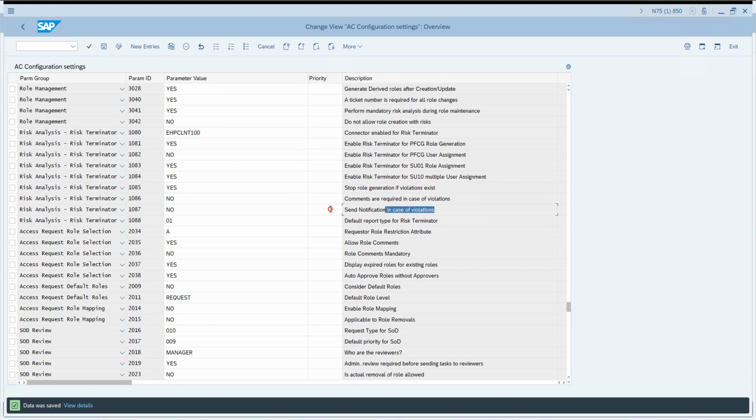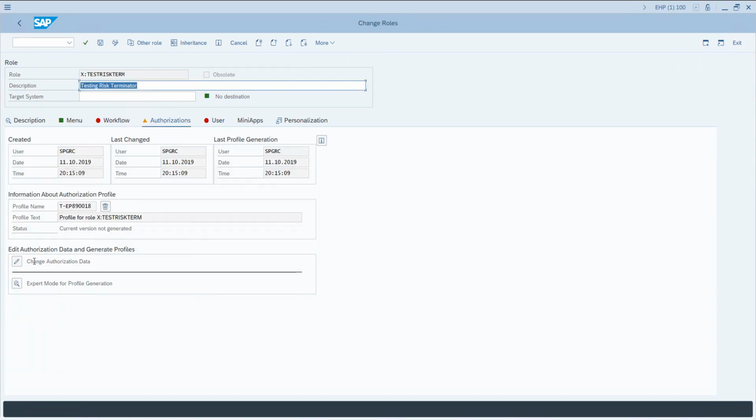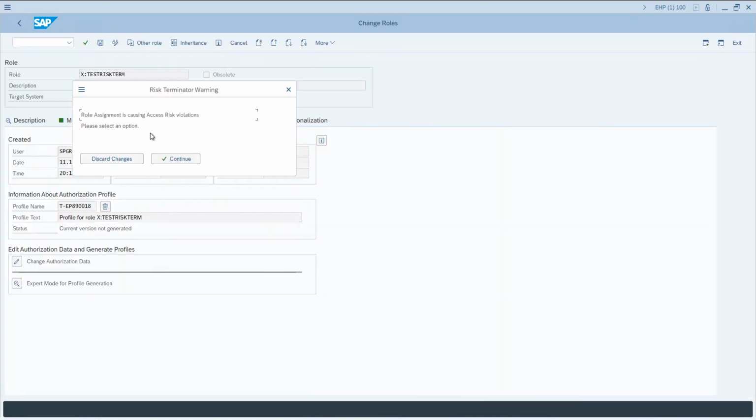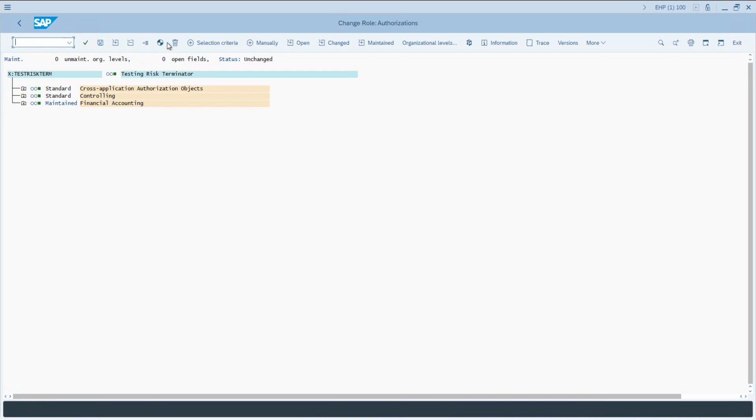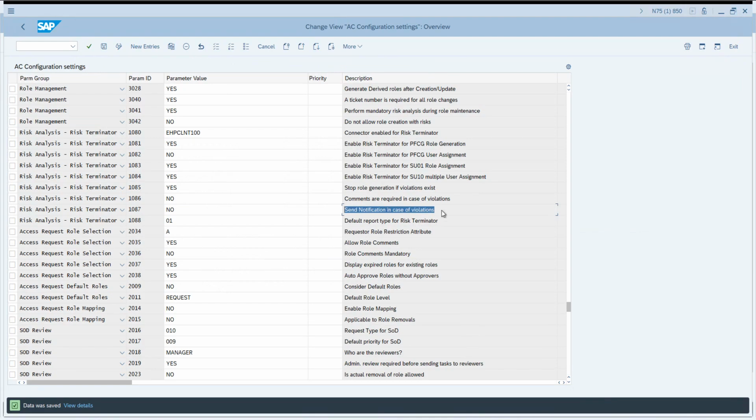Now there's another thing. Let's say you had your mitigation controls set up. You could select the risk and apply the mitigation here itself. And in that case, you could also send notification in case of violations to the role owners, or you can add your own comments before generating the role.